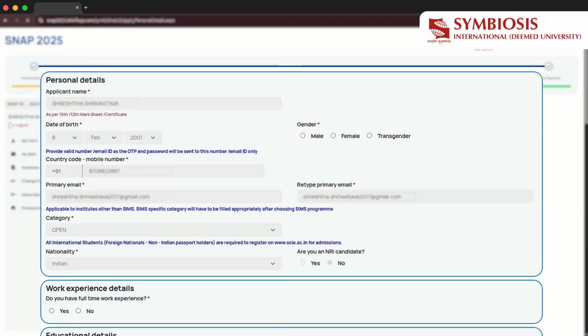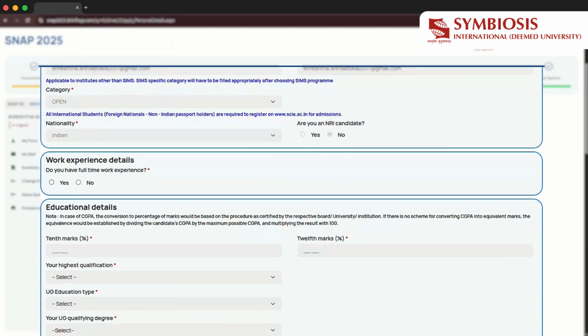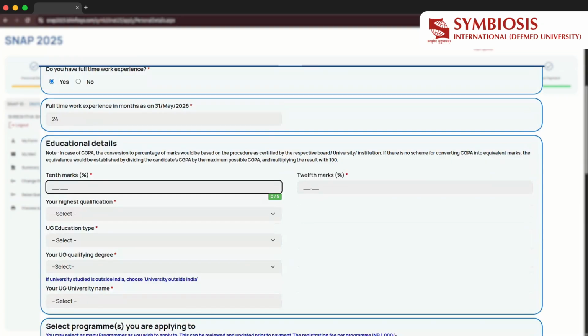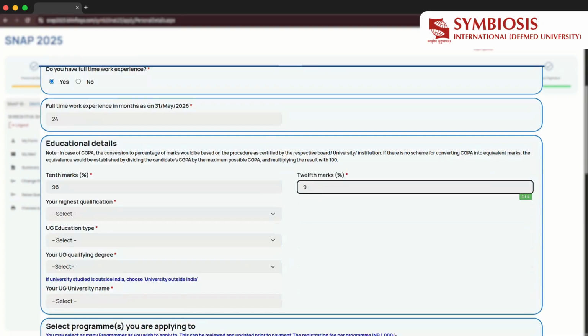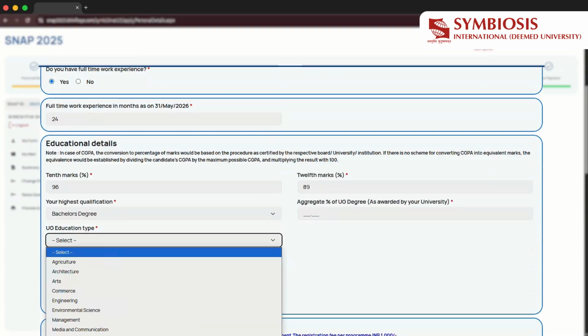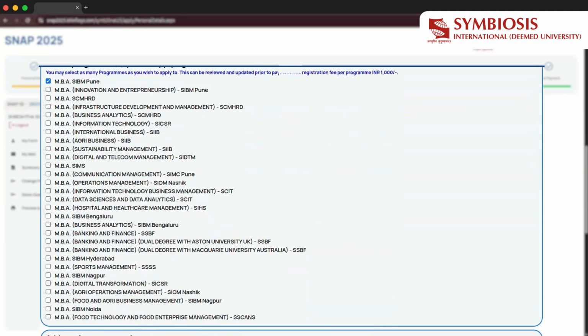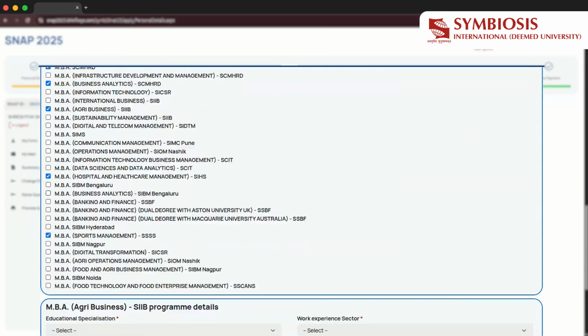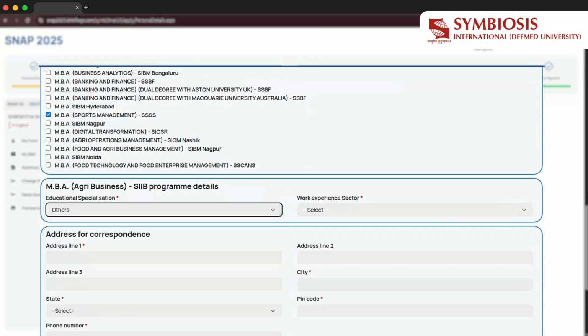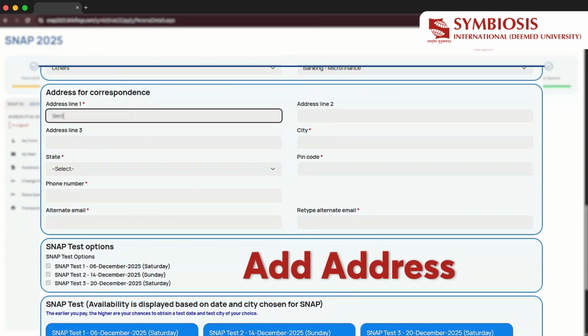Fill in your academic qualifications and any relevant work experience. Choose the programs you wish to apply for from the list. Provide your correspondence address and click